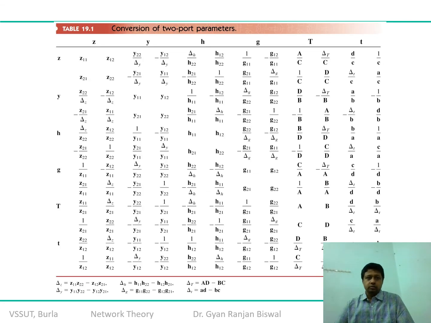That's what I told you about the conversion of the entire two-port parameters. All the interrelations you can have established here. You can cross-verify. I would suggest that you look eagerly at this particular table, not to cram it, but to justify. For example, using the Z parameter itself, you will be able to prove all the other parameters. Similarly Y, similarly h, g, T or T dash. So remember it.